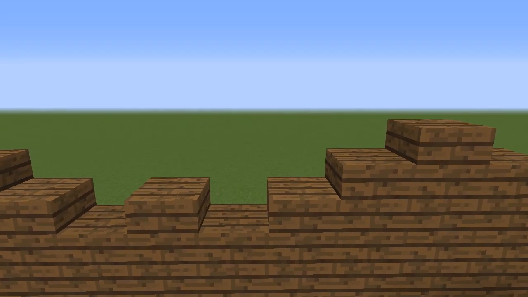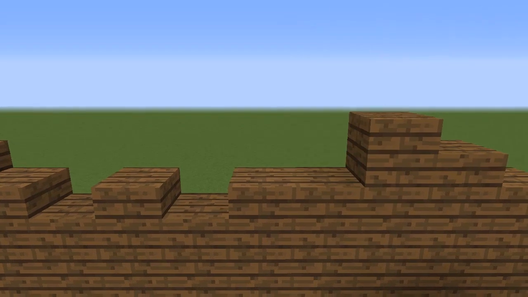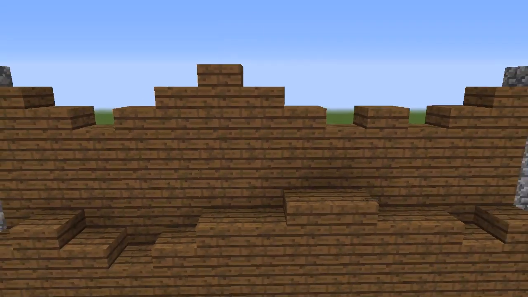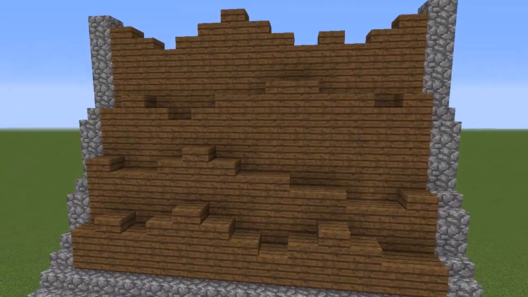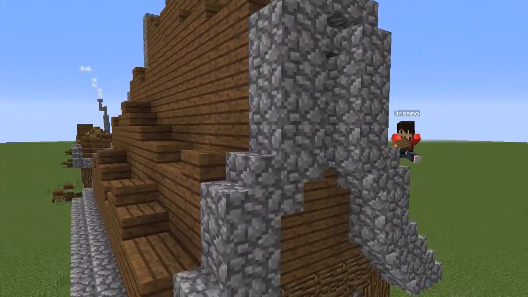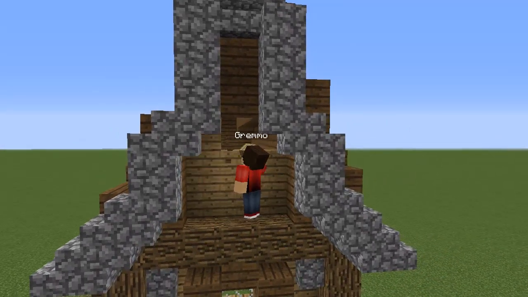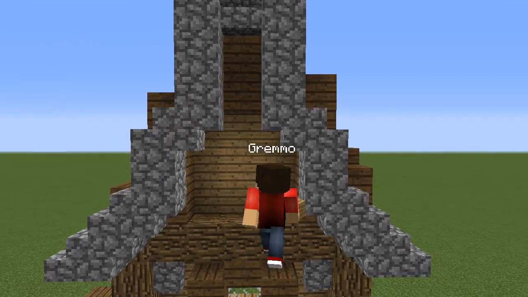These are very good in rustic builds, which you'll probably see a lot on the channel in the future, and it's very good once you get those slabs right. Another detail you could do is on the sides knocking out a block inwards and adding a different color,